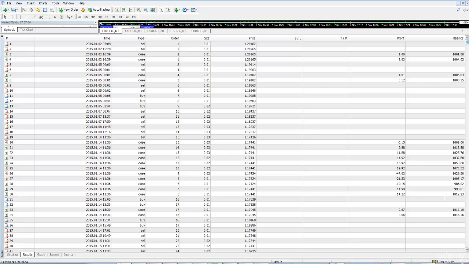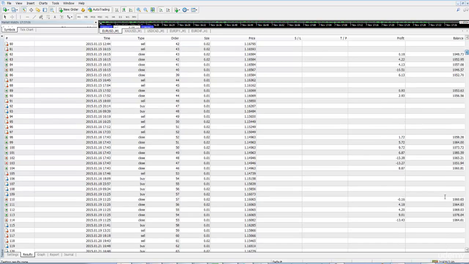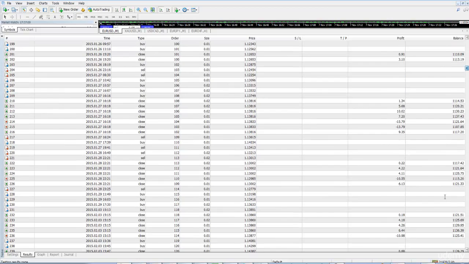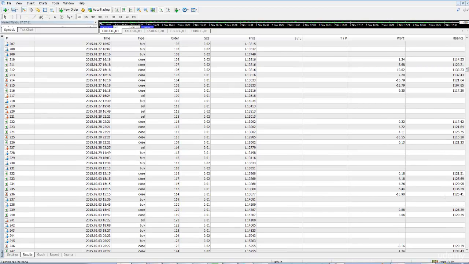Okay, so here we go towards the end of January, which is here, and we see that we have something like $1,121. So we have profited $121, which looks a bit low, but this is more than 10% yield over just 1 month, which you must admit is quite impressive. Let's move forward,